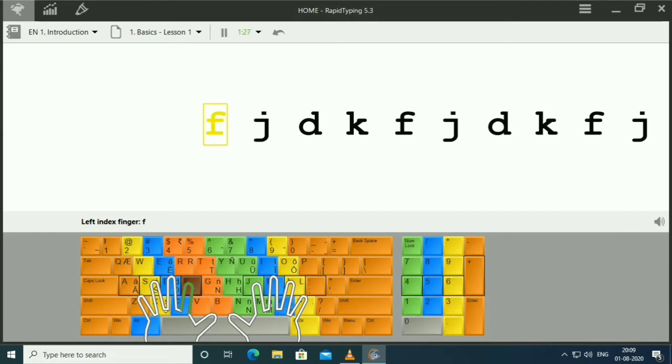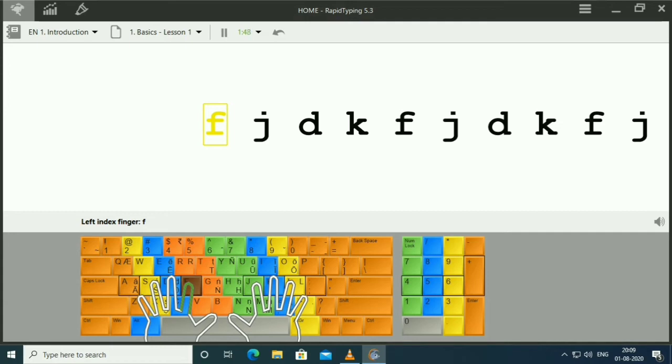Color coding shows which finger should press each key. See the virtual keyboard, children. The left index finger is reserved for all the red keys. The right index finger is reserved for green keys, and so forth. Use the thumb of whichever hand is more convenient for you to press the space key.